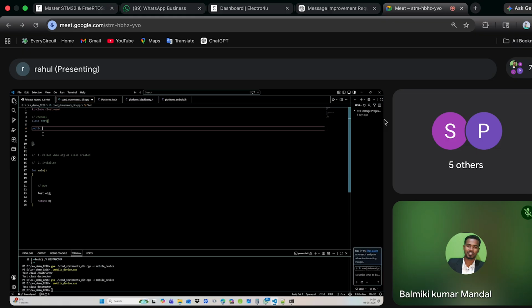Without a constructor, the class will be like junk. You don't know what to do, you don't know where the members are. So the constructor is always mandatory for the class, actually. It is the first function that gets called.